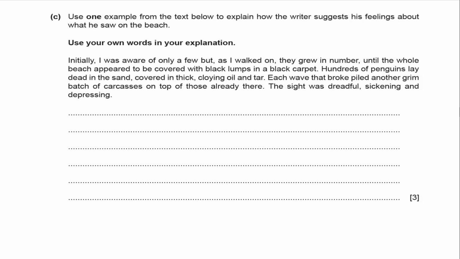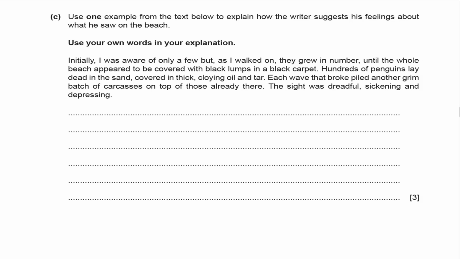Now, this is another question which I often see answered poorly because many students don't know how to approach it. It is, I guess, a watered down version of the writer's effect question, the second core question, which comes next. You need to read the information at the top. So with this particular question, it asks you to explain how the writer suggests his feelings about what he saw on the beach. So I would actually include that keyword feelings, and of course you would include around 3 adjectives